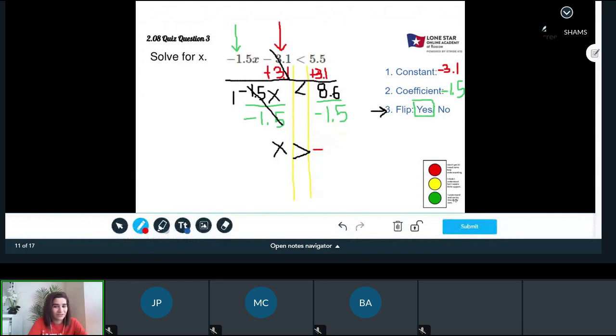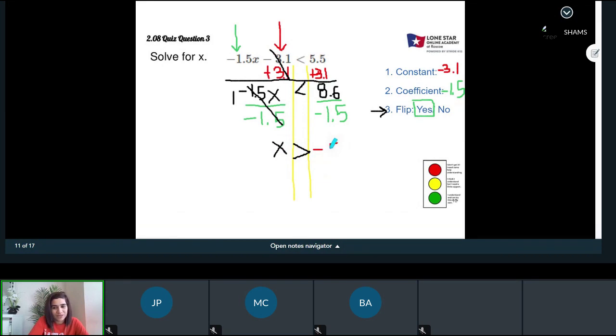See, this is the symbol I want you to see. X should be greater than. And the answer is 5.73